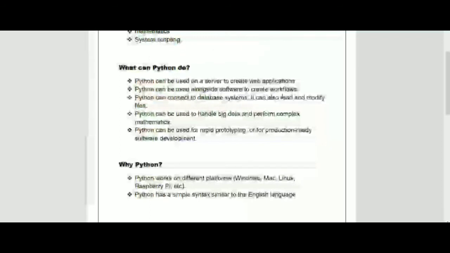We can use Python also to connect with SQL, MySQL, or different big data related databases. Python can also be used to handle big data and perform complex mathematics and statistics, as I told you before. To analyze the sales or to predict the sales, we can use statistical operations, and those operations can be performed in Python more efficiently, quickly and easily. Also, Python is used for rapid prototyping or for production ready software development. So these are the common uses of Python.